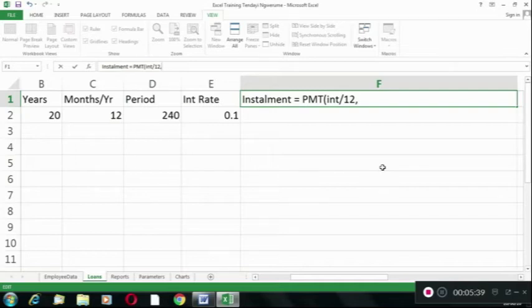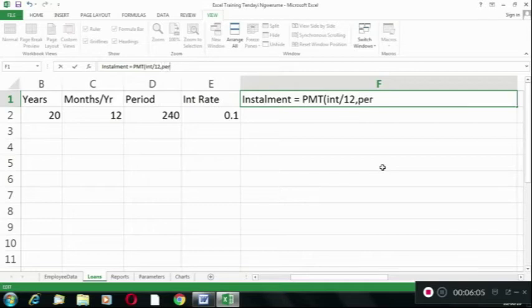When you get an interest rate of 10%, it means 10% per year, but we want the interest per month, so we divide by 12, and then after the comma we put the number of months. In this case it would be 240, but in the formula let's just put